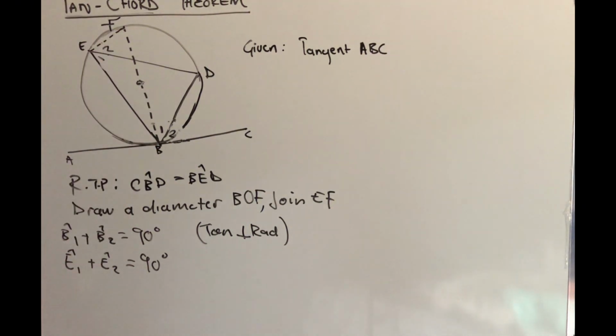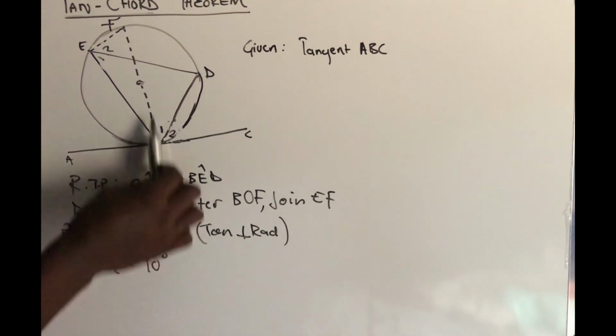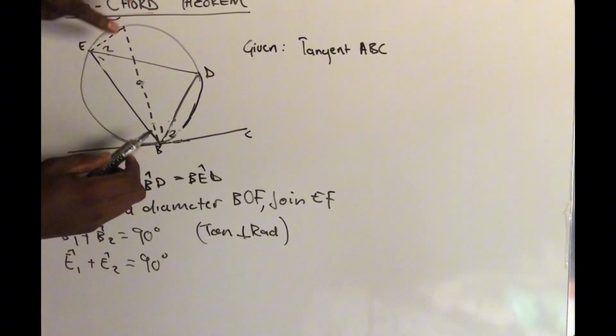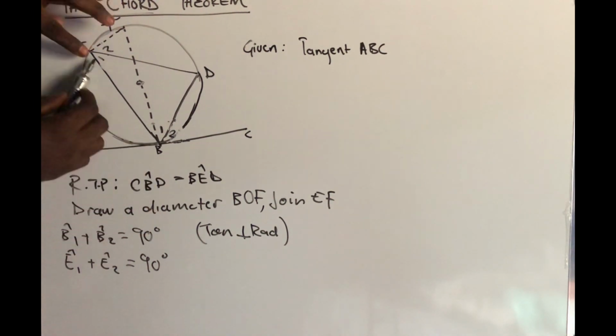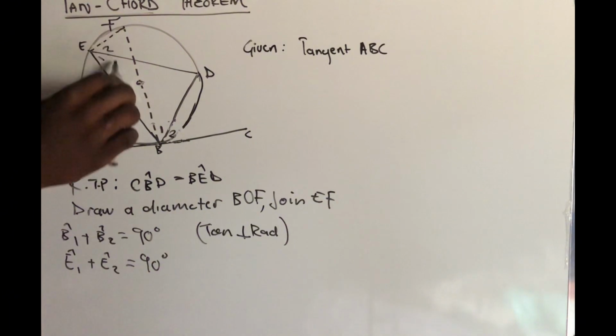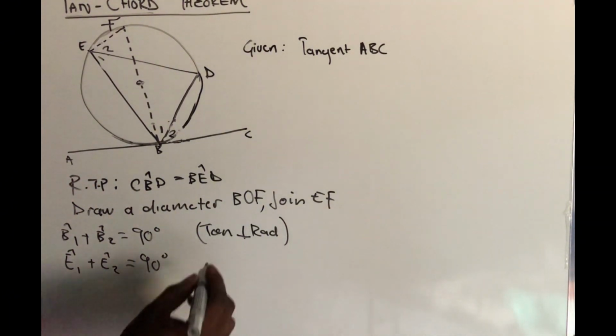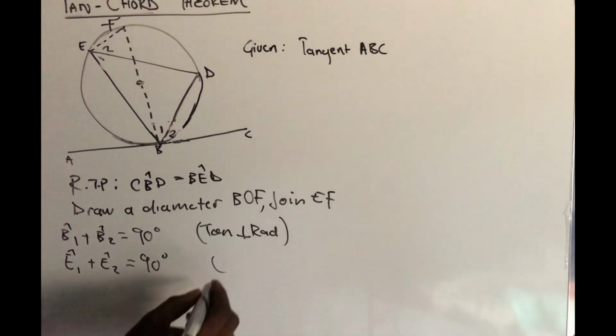We know that an angle subtended by a diameter is equals to 90 degrees, or an angle in a semicircle is equal to 90 degrees. So we can see BF is a diameter. This BF subtends an angle here, which is the whole of E1 and E2, and that gives you 90 degrees. Your reason is going to be